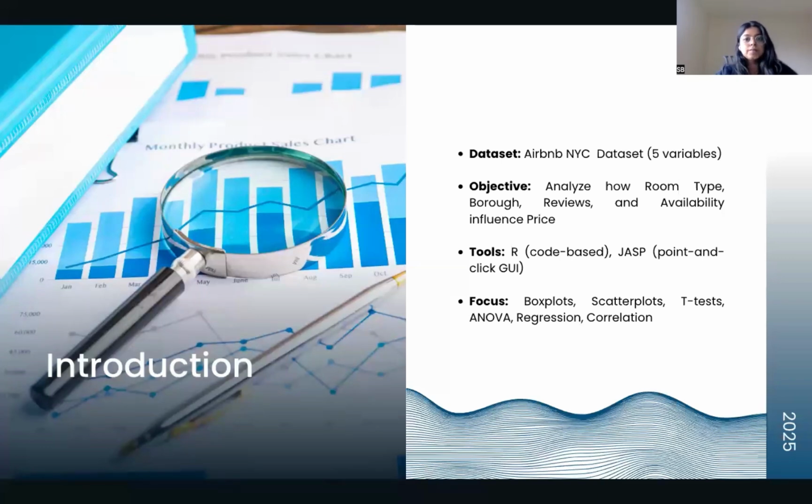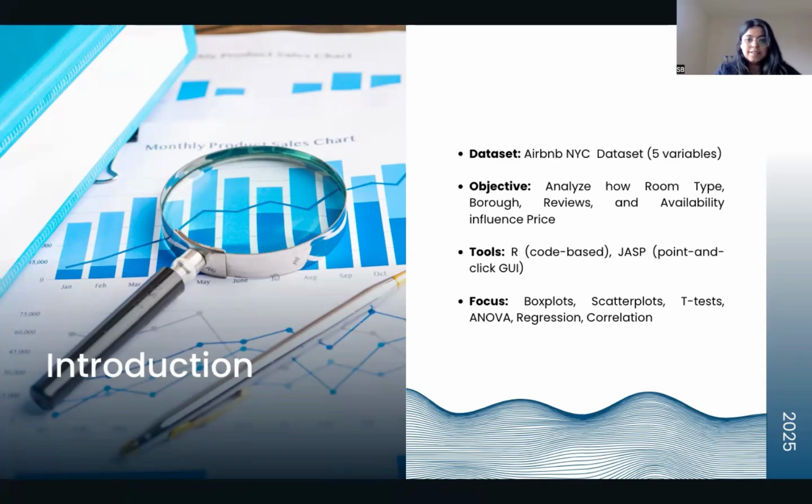For my final project, I have chosen an Airbnb data set which includes variables such as price, room type, availability, reviews, and borough. The main objective of my project was to compare these tools, that is R and JASP, and also to uncover insights about pricing trends across these variables. Throughout the slides, I'll be comparing both these tools and will tell you which one is better for